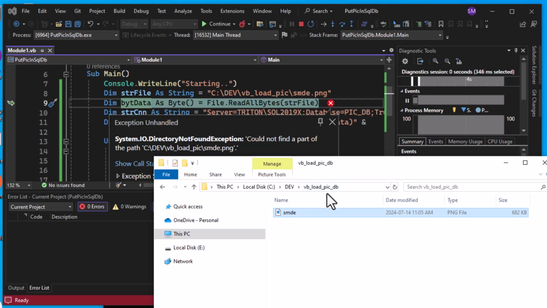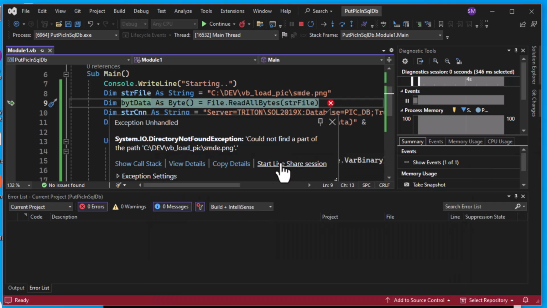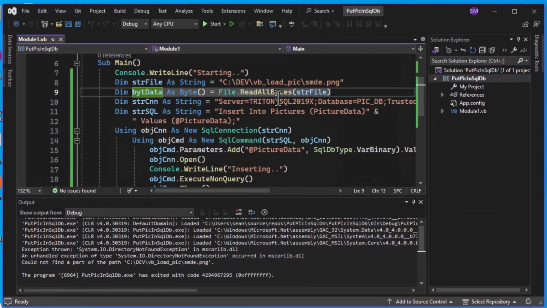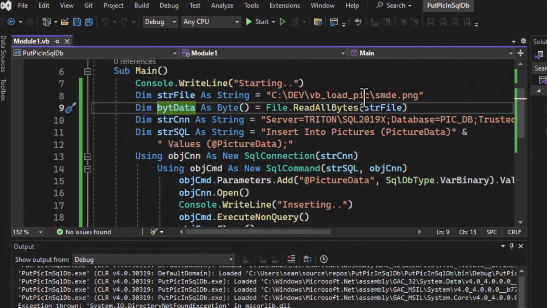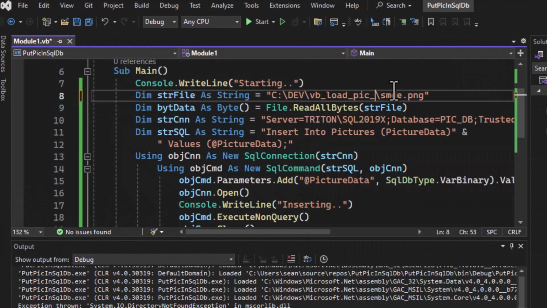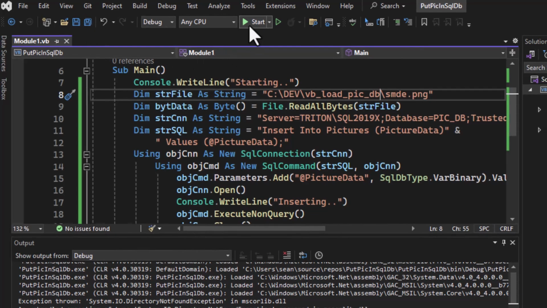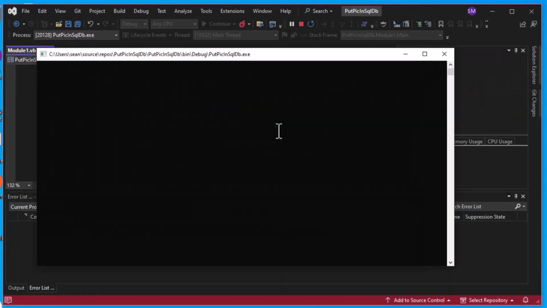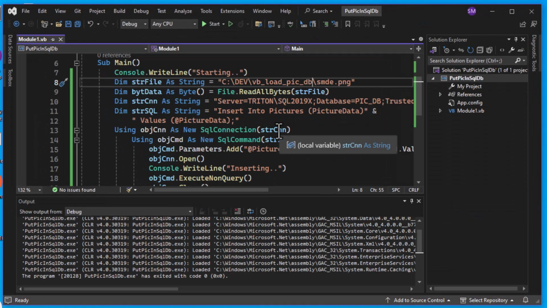So there you go. Don't get discouraged if you get errors like that. It's a natural part of programming, and it's going to be a great skill that you'll develop as you learn to troubleshoot those things. So there we go, VB load pick DB folder. Let's run that instead. So starting, inserting, picture inserted. It did not stop at the end,